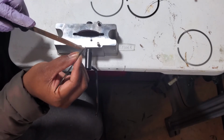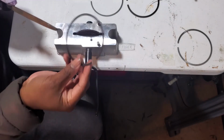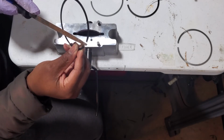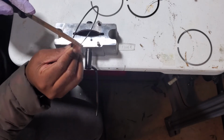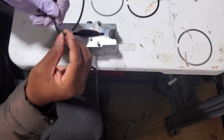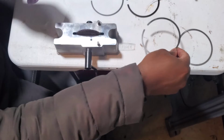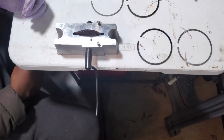So now we're gonna deburr it. Just take off those edges. Come over here. Just right here. Just like that. I'm gonna feel it to make sure there's no edges on it. Anyway, so this is now complete. Top ring, secondary ring. This piston can now go on, and